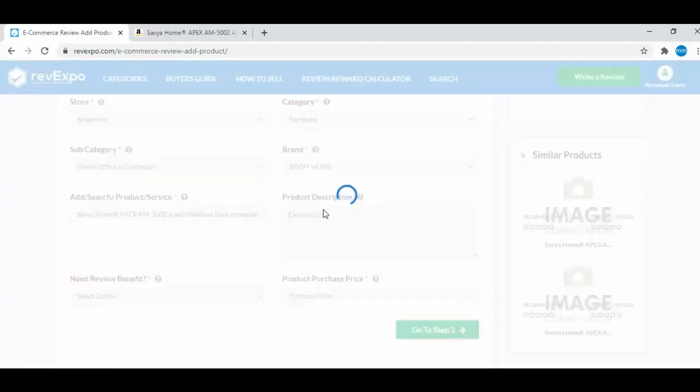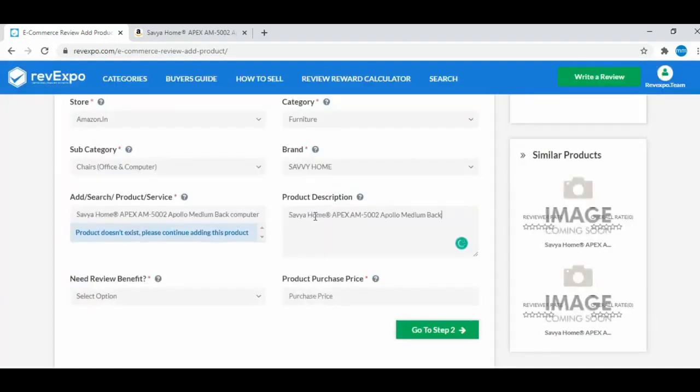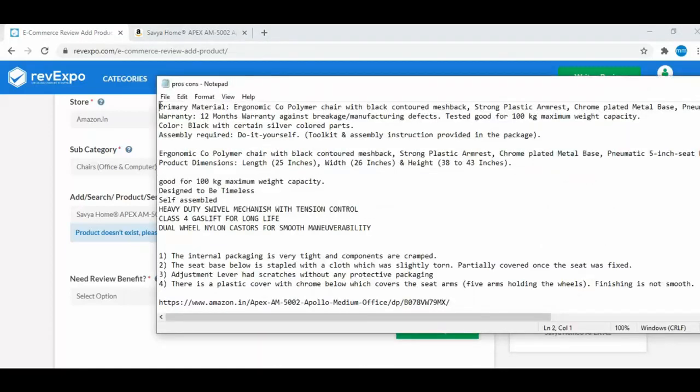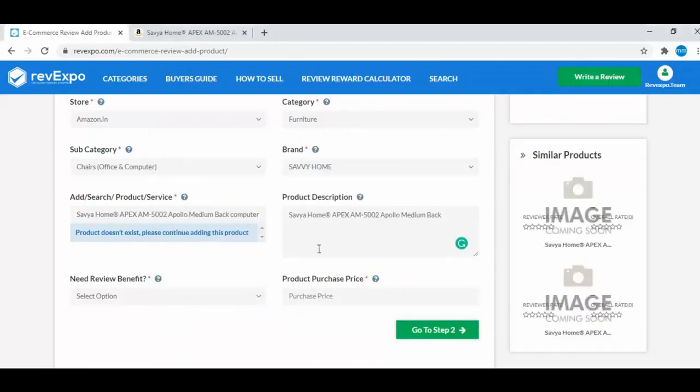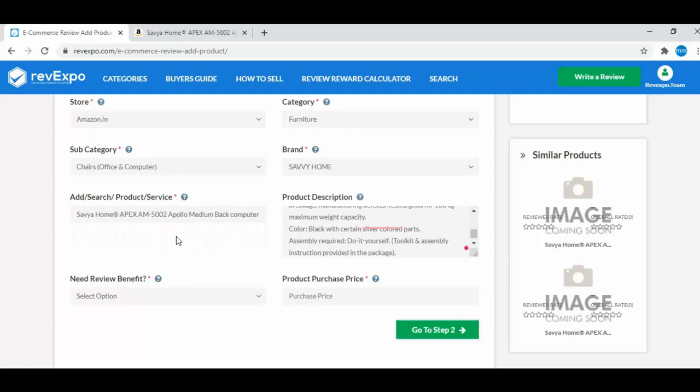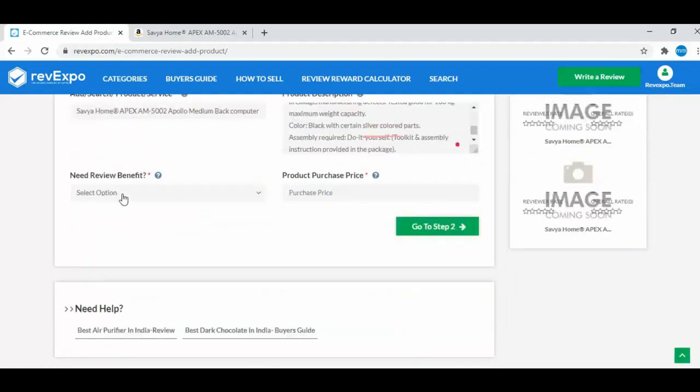So I will be using some description. I have already collected some description of this particular product, so I will be using the same description over here. So I will be pasting the description of the product, and next step here you need to select the review